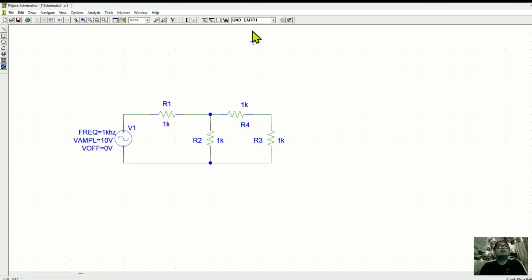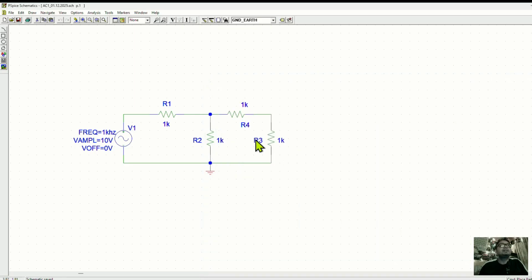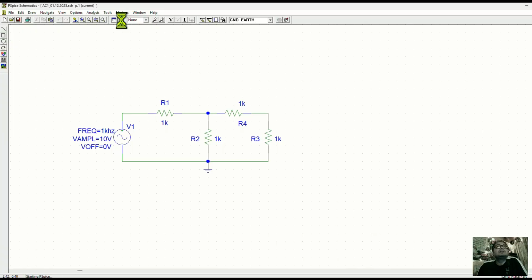Next is ground earth. So this is ground earth. Now let us save our schematics. For saving our schematics, let us name it AC analysis. For AC1, suppose, then as we have discussed, we'll put the date. Today's date is 1/12/2025. So saving is done. Now, in order to display this, when we run this,